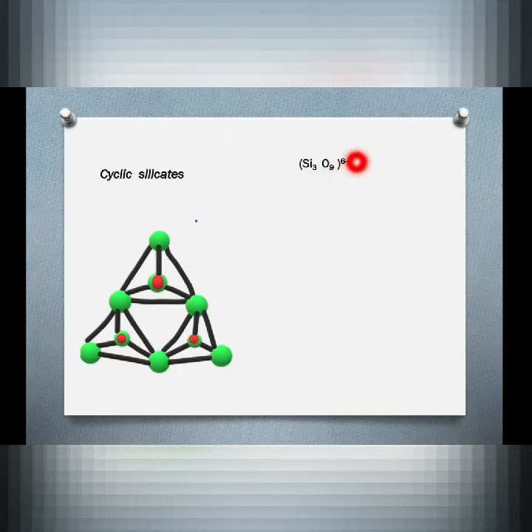that means Si3O9. And what is the negative charge? Negative charge is 6 minus. Why 6 minus? From each tetrahedral unit there are 2 oxygen which are singly bonded, so from each tetrahedral unit 2 negative charges come, and as there are 3 tetrahedral units, the total negative charge will be 2 into 3, that is 6. This is a cyclic silicate. An example of cyclic silicate is barium titanium silicate, BaTiSi3O9. This is an example of cyclic silicate.